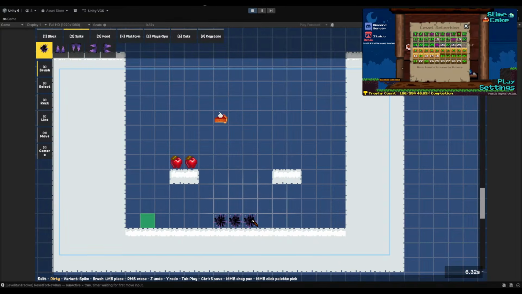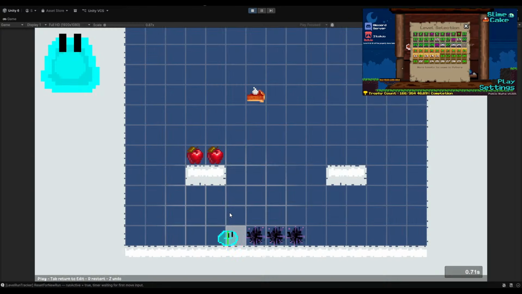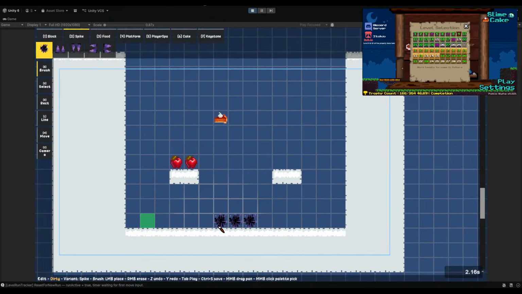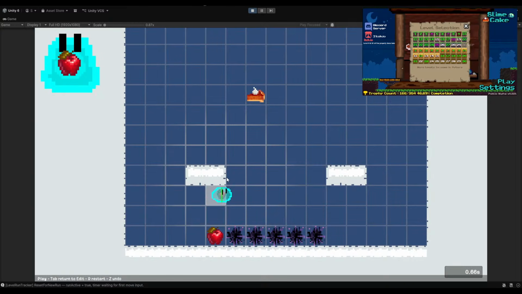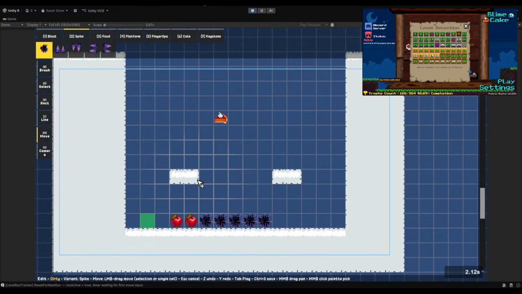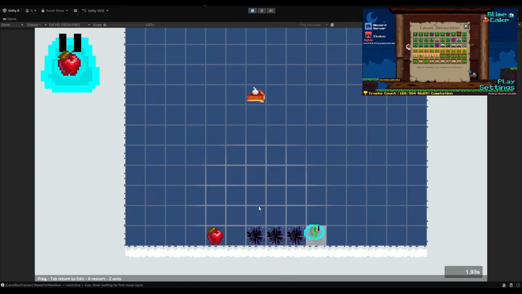Like we could have spikes here. Actually, yeah, can players jump over this? Yes, barely. Now they can't. Oh my god, that was way too tight. I actually dislike that they can jump over a 3 gap.